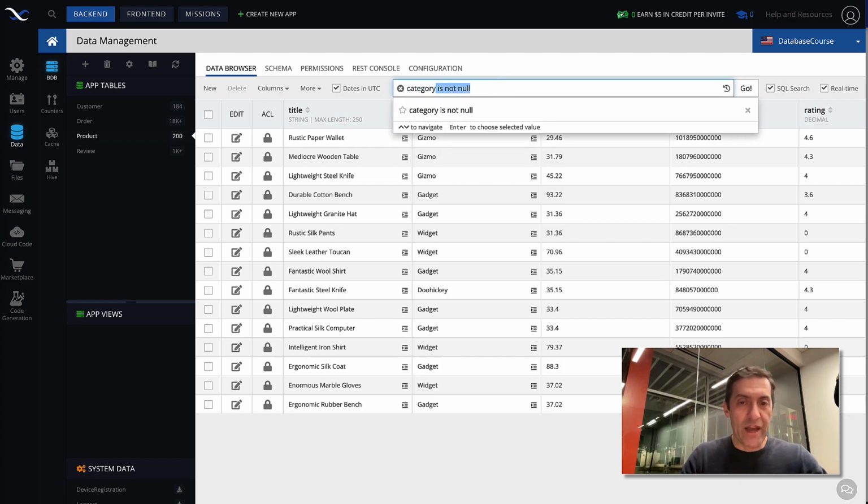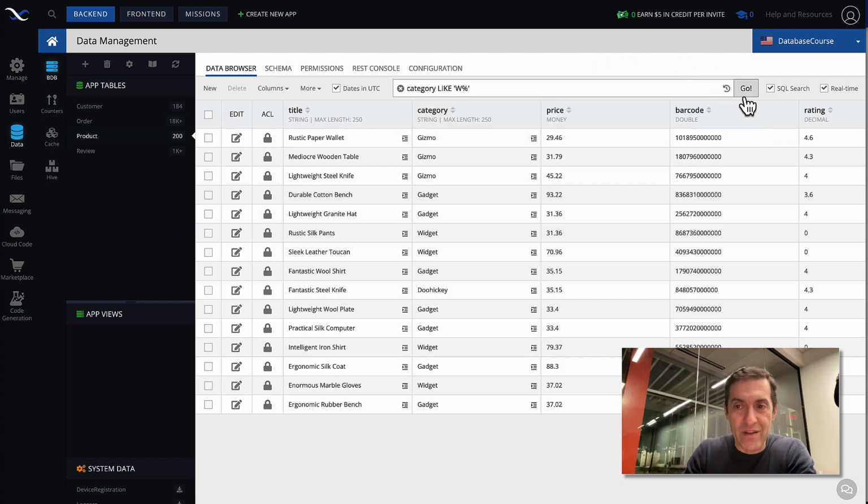Now let's talk about like. Like is a powerful one. Like gives you an ability to run searches based on some kind of pattern. The way it works is you say like, and then you specify a value that can use special characters. The special character is the % sign. So let's say you want to find all the products that start with W. In this case, we know it's going to be widget. For this, you put W, and then you put the % character. The % character substitutes everything that could follow W.